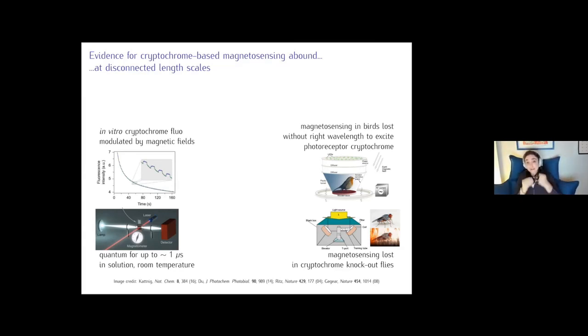But as the researchers pulsed a tiny magnetic field on and off while capturing this fluorescence, and this is not an artifact, they have tried different magnetic field on and off frequencies and intensities, what they see is a tiny fluorescence modulation as the fluorescence is decaying. The fluorescence comes up and down. I'm going to argue that this is an analogy with the single spin in diamond. For the single